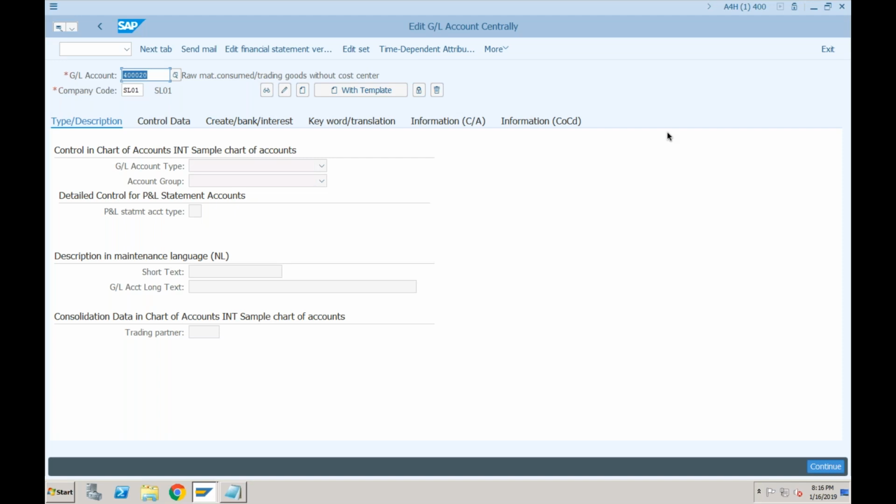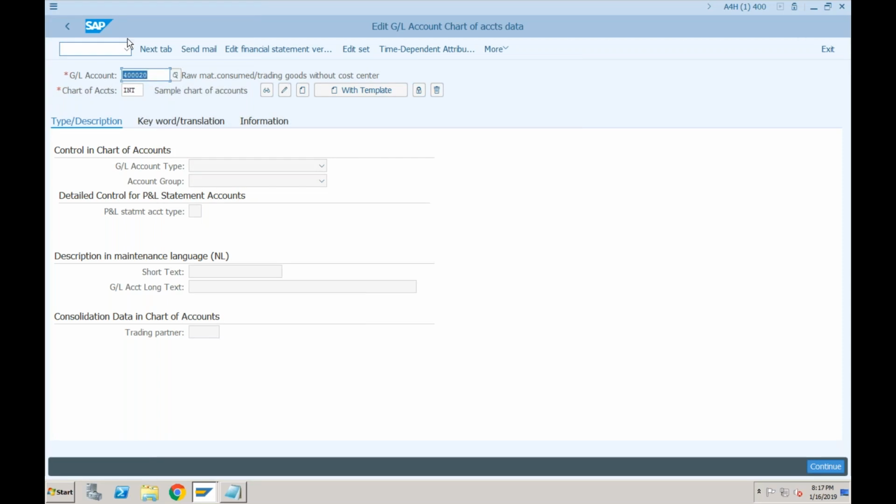Right now, there is no option for creating a GL account under chart of accounts, through I think the FSP0 transaction code? Can you come again, Sandeep? You mean to say this transaction FSP0? So you can create at the chart of accounts level. Okay, yeah, that's fine.